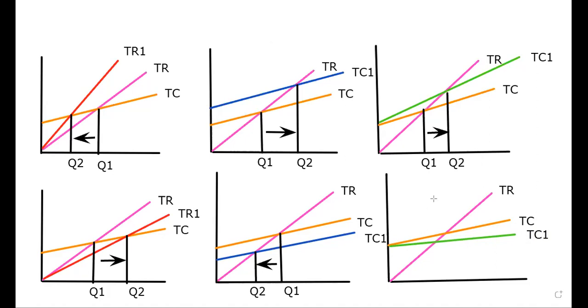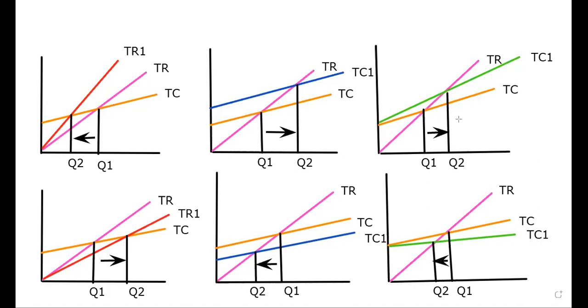It's always good for the business organization. When the break-even quantity decreases, it's a kind of relief for the marketing department. Why? They no longer need to make as much effort to sell more quantities, because from fewer quantities we can make an easy break-even. A break-even decrease is always healthier for the business organization. That means from a small quantity they can break even. Here you can see this is Q2, the new one is Q1. From Q2 to Q1, the break-even quantity decreases.